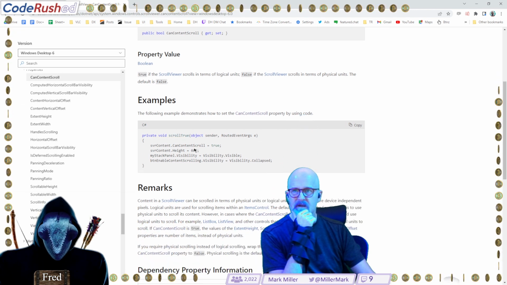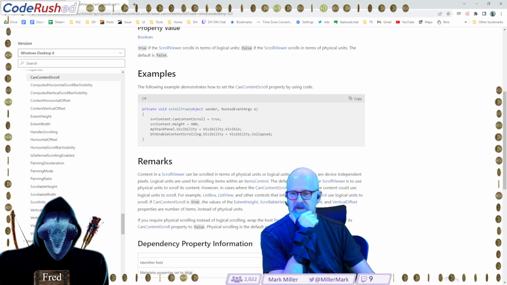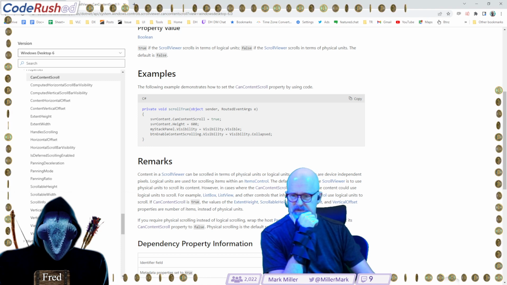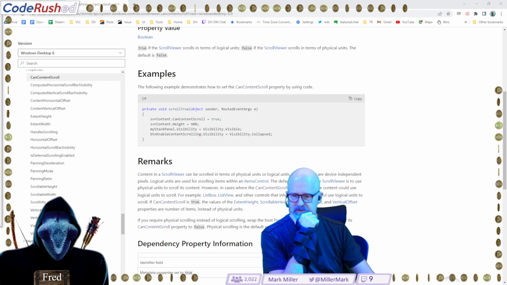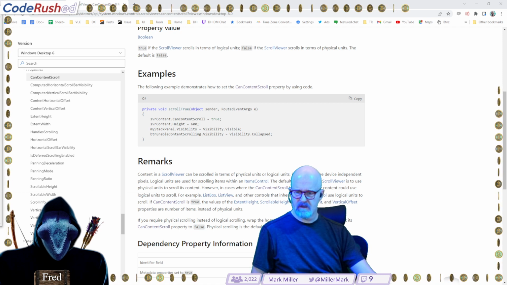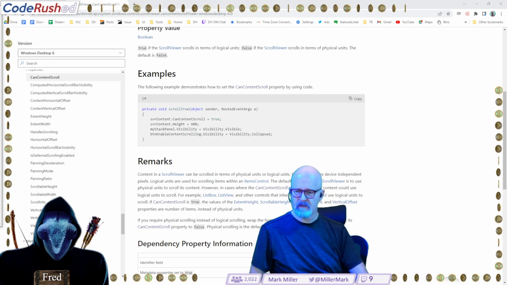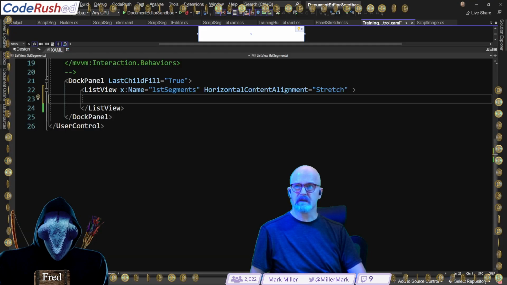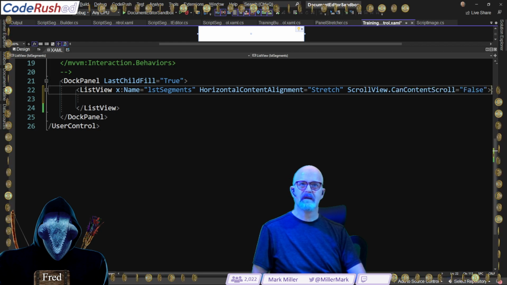So the way he's suggesting in the chat here is that scroll view dot can content scroll is the property name on the list view. So rather than as content, do it within where your normal attributes are. I gotcha. Thanks, Ocular Malice. That looks good. Let's try that.